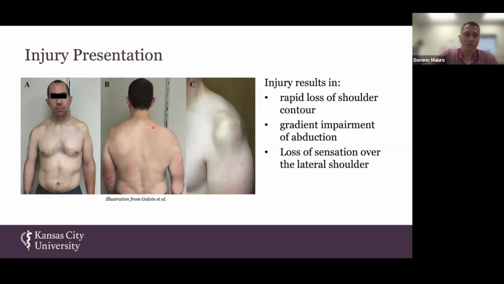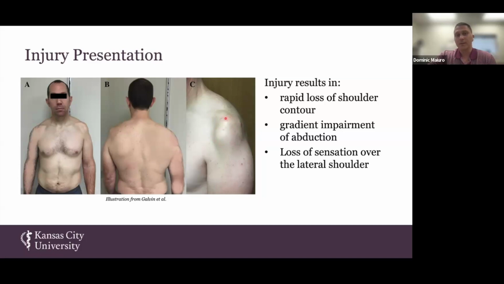shoulder contour, which really is referring to this gentleman's shoulder here. You see how this side, his right, looks very normal in contour. It's a rolling hill and then coming down into the arm. Right, this is a rolling hill, and then now you see all these bony and bumpy looking features here, and that is the clavicle becoming prominent, and then the acromion right here becoming prominent, and then you can see part of the scapular edge, or the scapular spine there, working this way, and then you can really see the